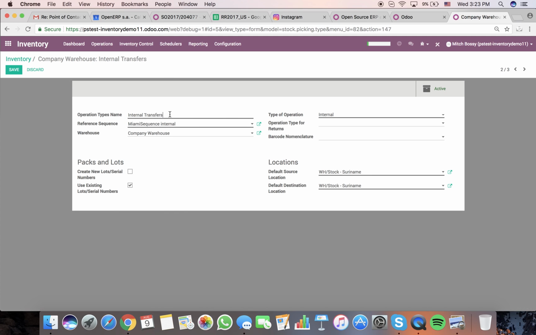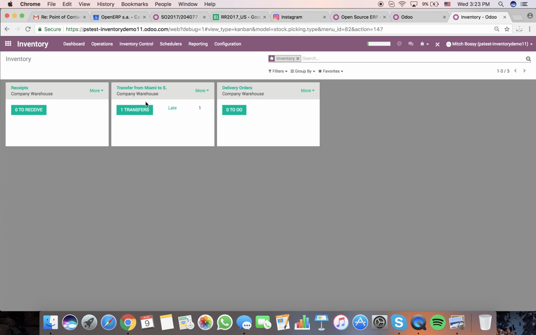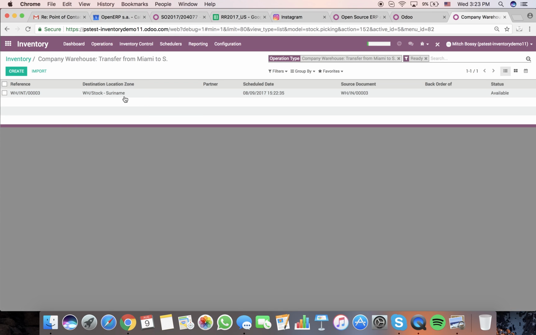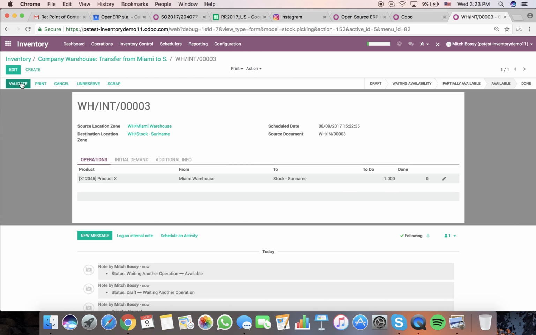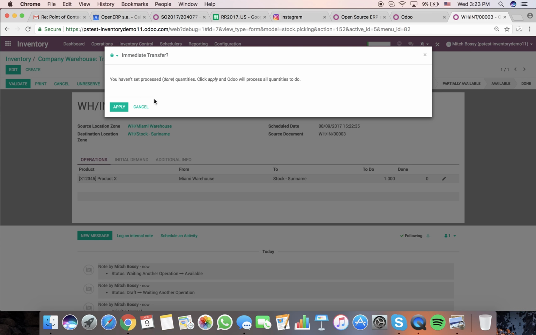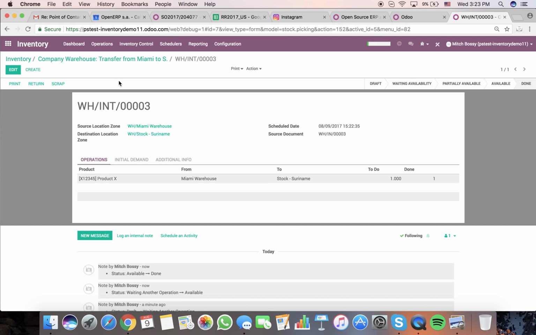That is, you could change this transfer from Miami to the name of your other warehouse, change the name of that, and transfer, and then you'll transfer it from Miami to Suriname, validate, and apply it, and it pushes those items again directly